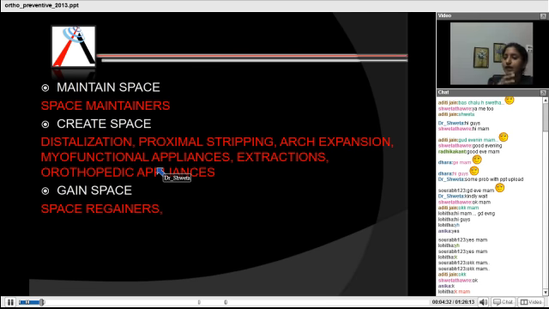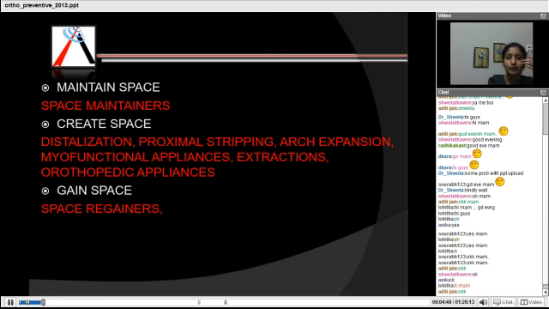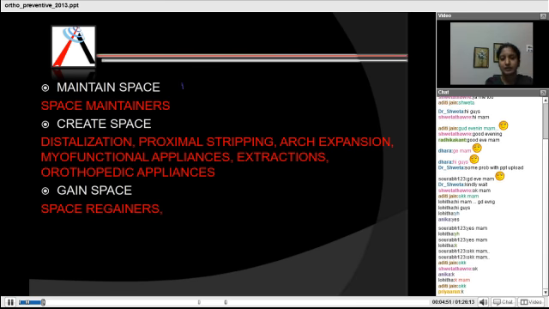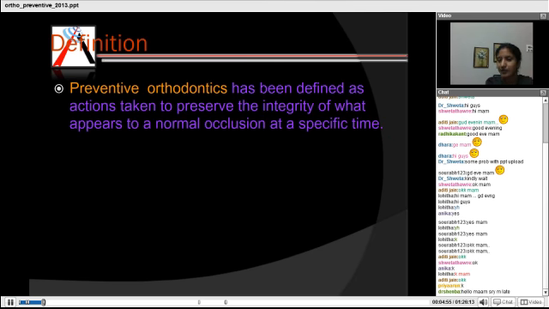When there are a few interruptions for eruption of teeth or for the jaws to grow, skeletal growth, you use all these. So we'll be talking in specific, and then we'll be going through all the questions where you have to diagnose and let me know the treatment. Okay, so we'll not be talking about space maintenance. We'll see if we have time. In the end we'll go. First we'll start with interceptive orthodontics.